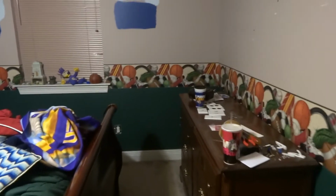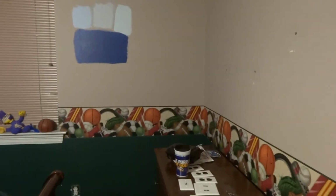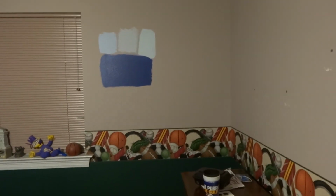But other than that, guys, that's it. That's all I have to show tonight. Empty room. It really didn't take me nearly as long as I thought. I thought it would take me all night, but it only took me about 2.5 hours once I got after it to just take this stuff down